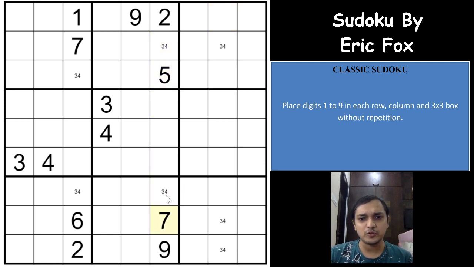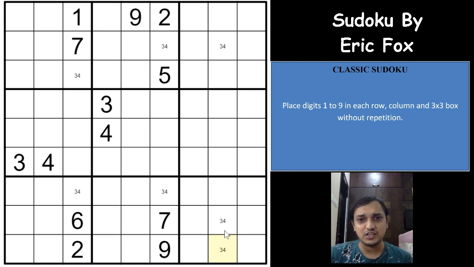Now in this column you have possibility of 3 and 4 in these 2 cells, so it is a locked pair. So let us assume you have a possibility of 3 and 4 only in these 3 cells. So you of course cannot mark a locked pair, right? Because you have 3 possibilities in that row. Now again you can still mark the skyscraper logic in this case.